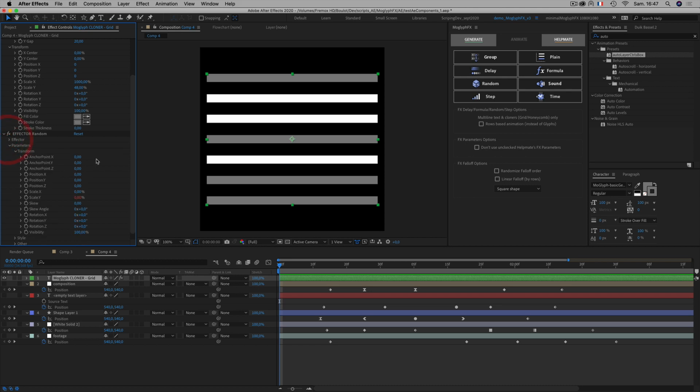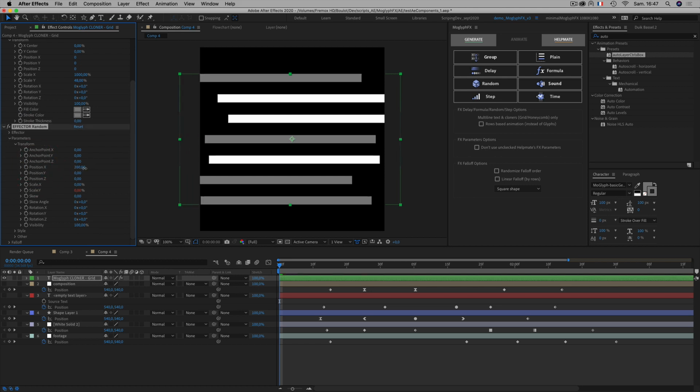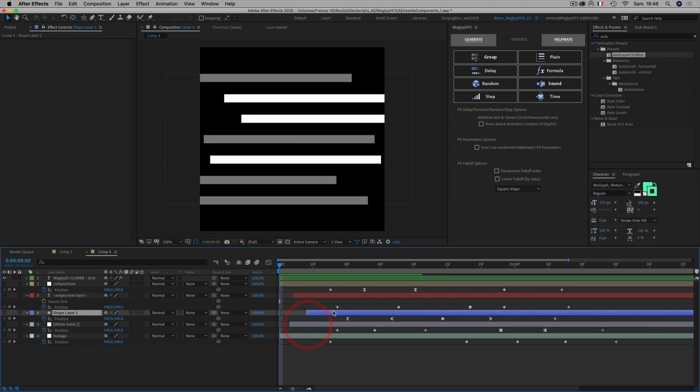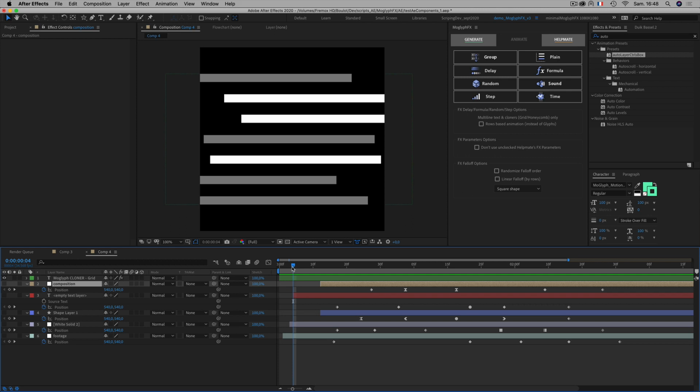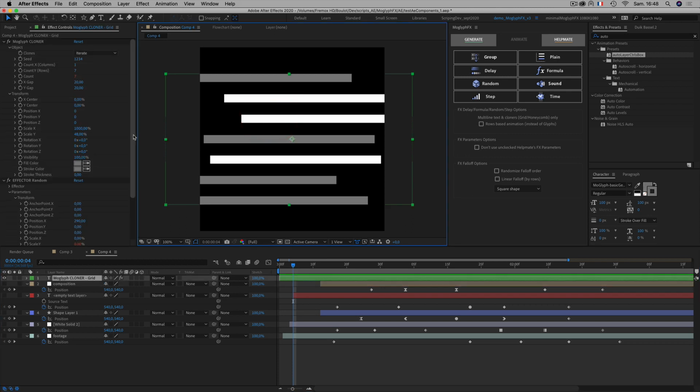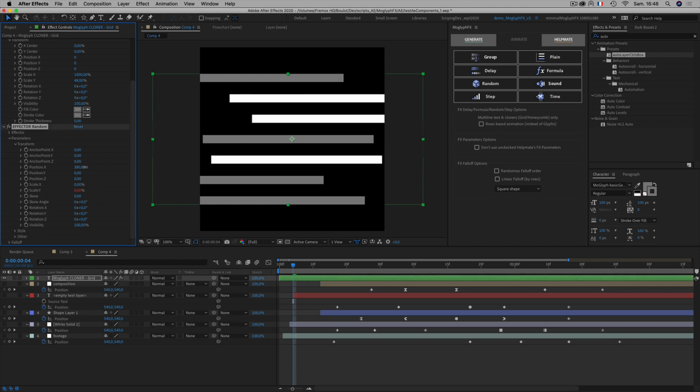Okay, so once you have done that, you can just play with the position X, and as you can see, it allows you to recreate the kind of thing you have when you do that. And this is what happens in a realistic scenario in After Effects. So the in points and out points of your layers won't be perfectly regularly distributed. So this is how I do that, just by playing with the position X here. Okay, great. So the value here depends on what you want to achieve. Let's type